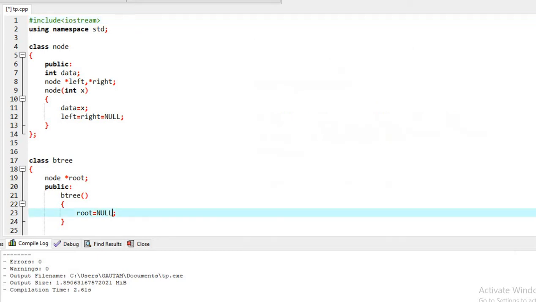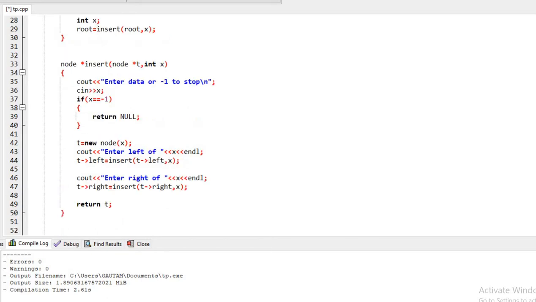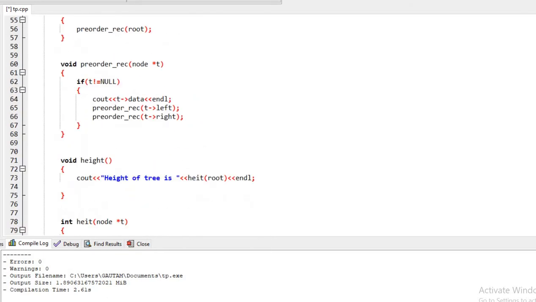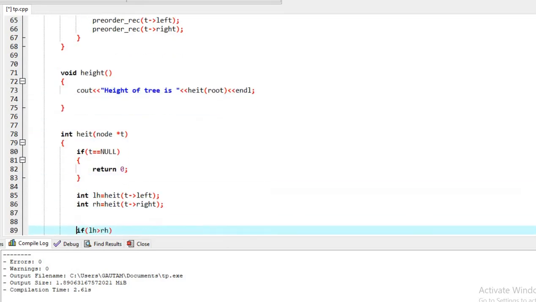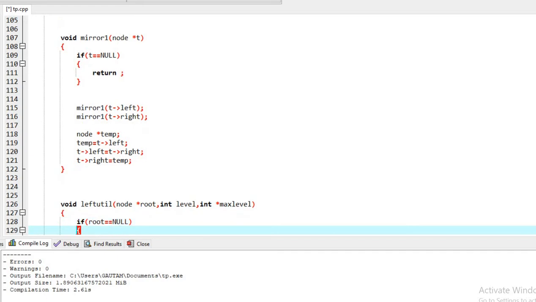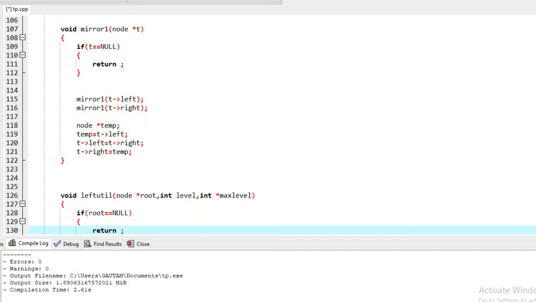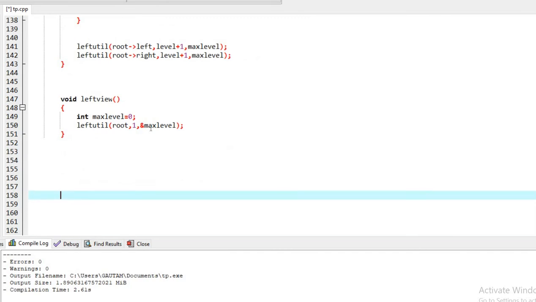So let's move to the code part. We have already seen create function, traversal functions, height, then mirror image of a tree. You can see these videos. I will share the links in the description box. So we'll just move to the check BST part, if a tree is a BST or not.